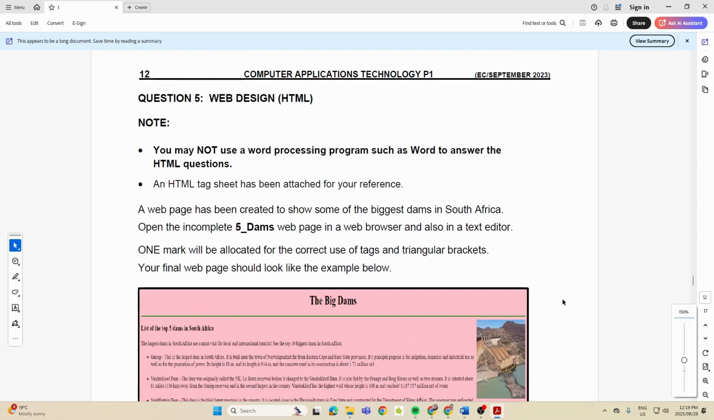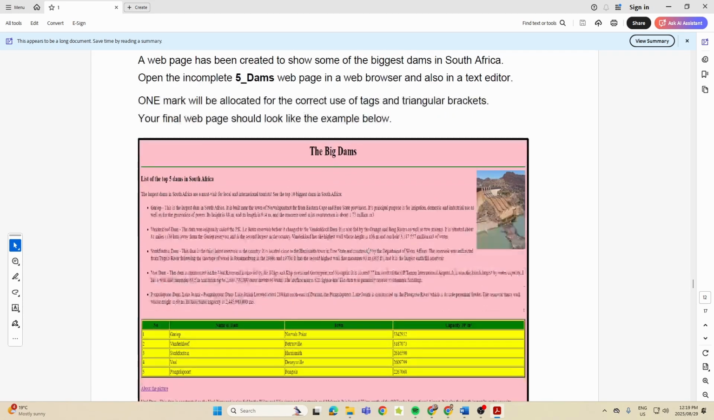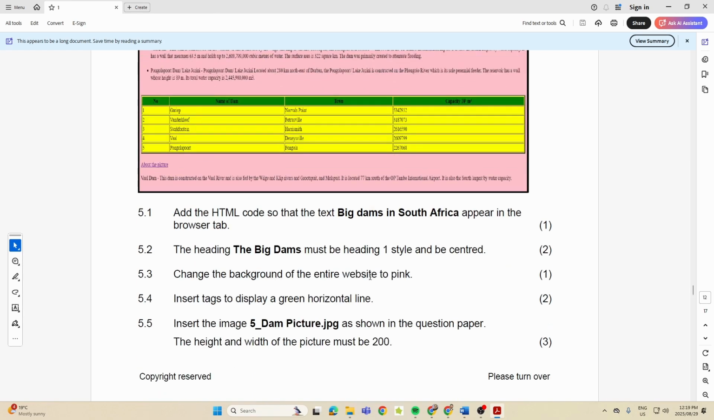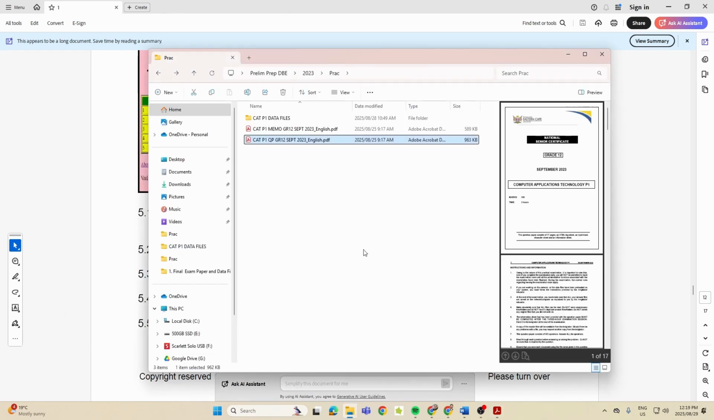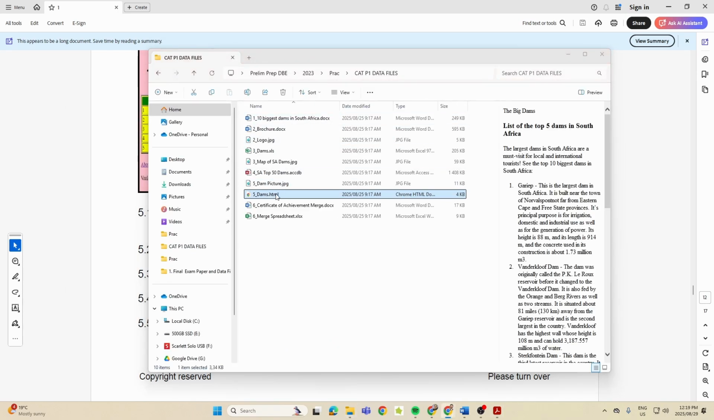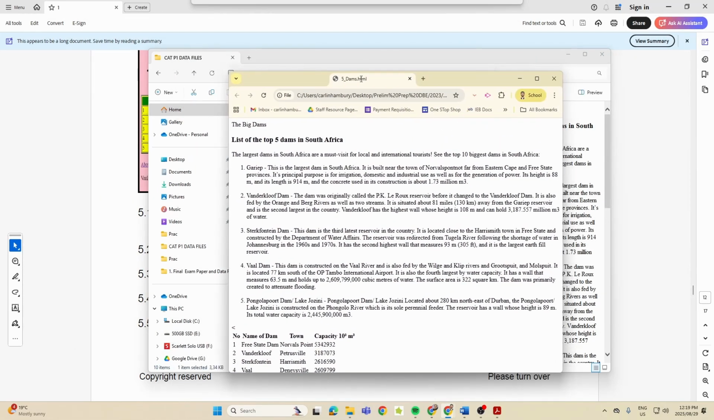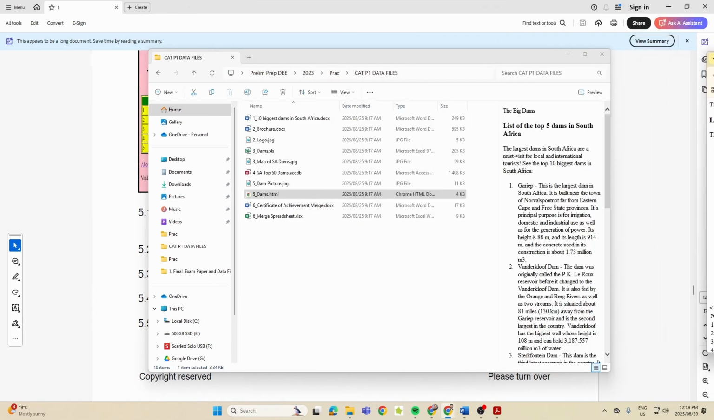Now, we're looking at 5 dams. And this is what they want it to look like once it's complete. Do you see they did the same thing in 2024? Right? Add a code so that big dams in South Africa appear on the browser tab. So let's just go back to the data files. Let's open up 5 dams. Now, when I open up 5 dams, you see what it looks like here. Okay. And that's because